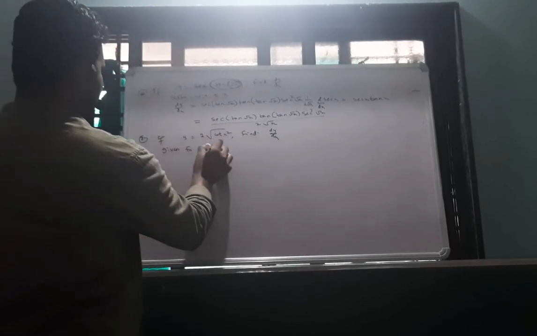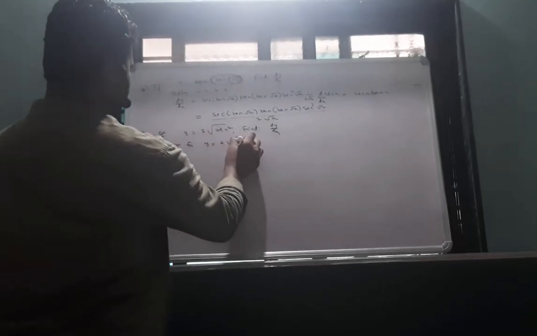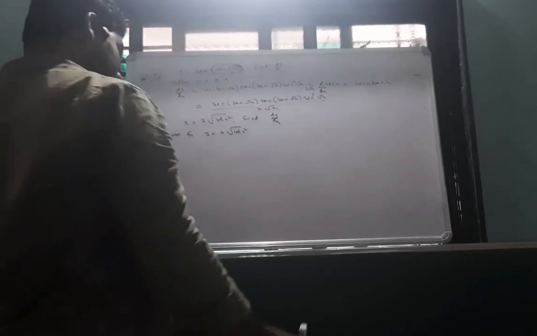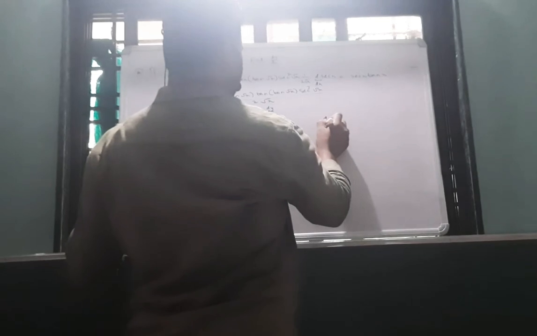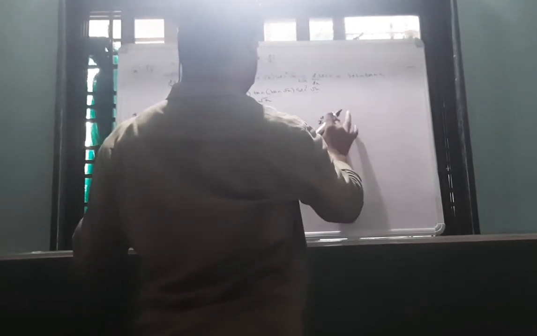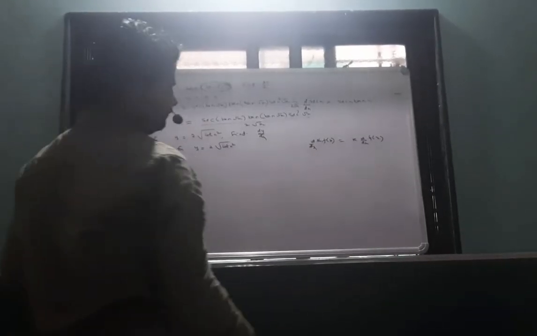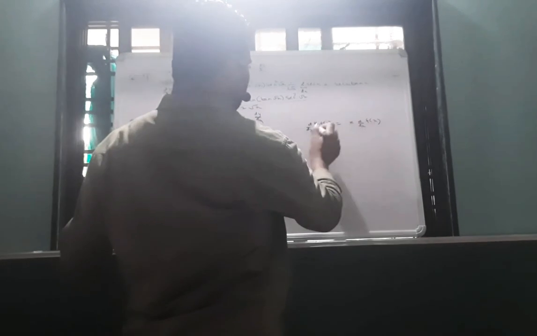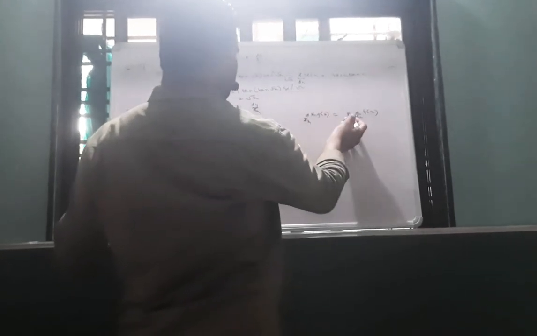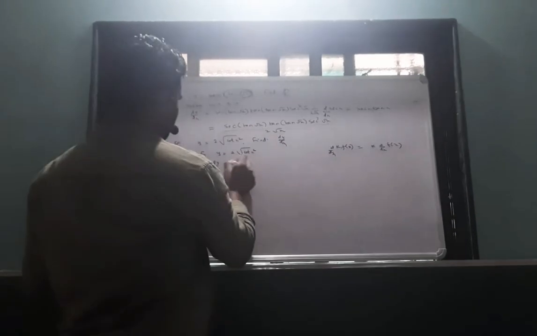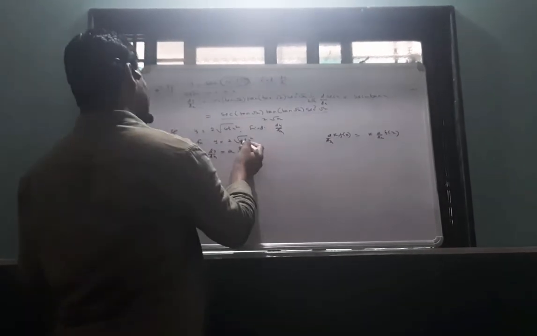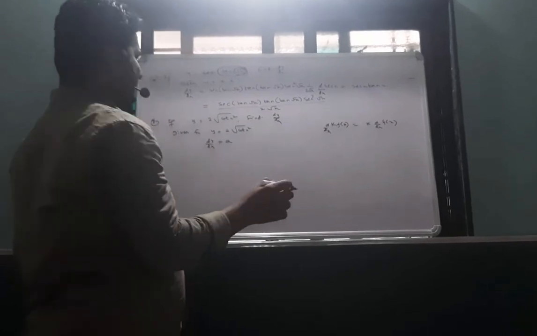So, given the function y is equal to 2 into square root of cot x square. First we apply the derivative of constant into function, constant into f of x, because constant into variable is variable, so the derivative is not 0. Keep the constant outside, then differentiate f of x. Here also, 2 is constant as it is, and cot x square and root cot x square become variable.